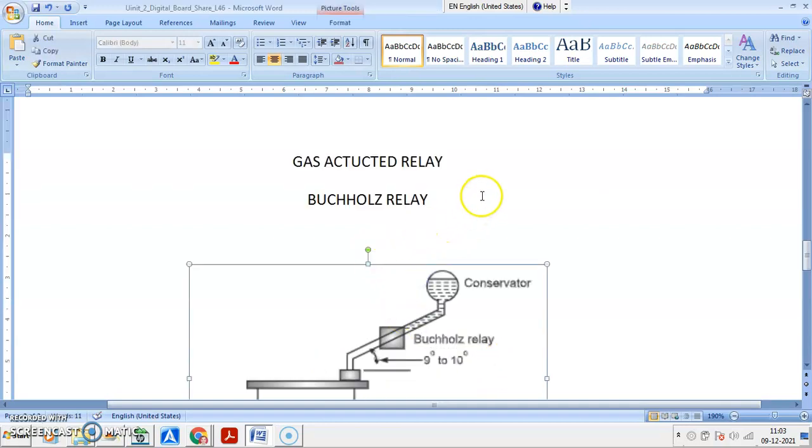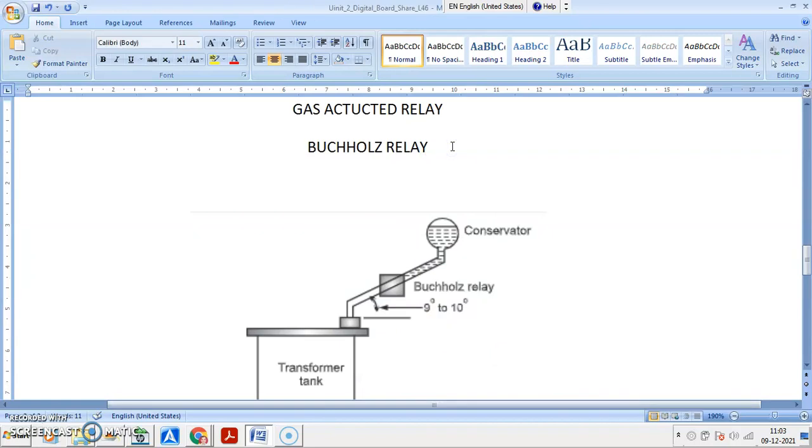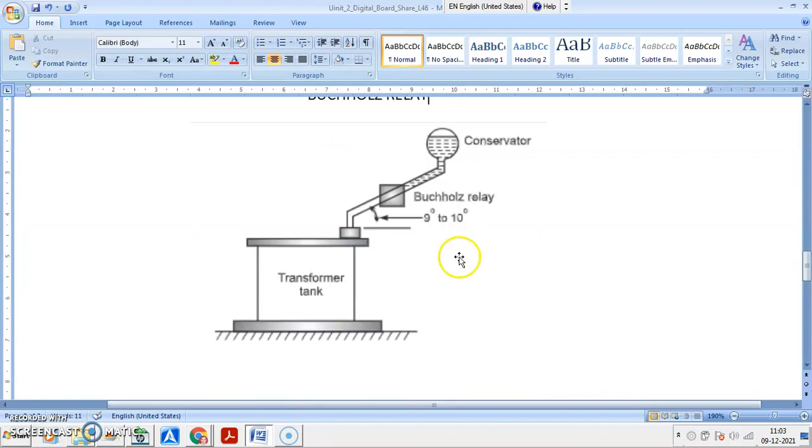So this, are you able to see the diagram? So normally, transformer, this is showing you the position of the Buchholz relay in transformer arrangement. So transformer,